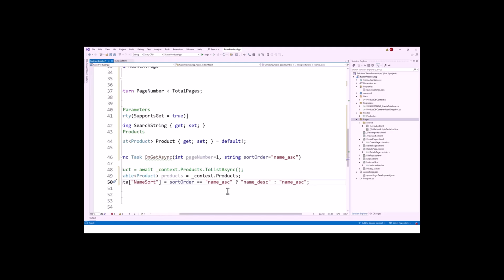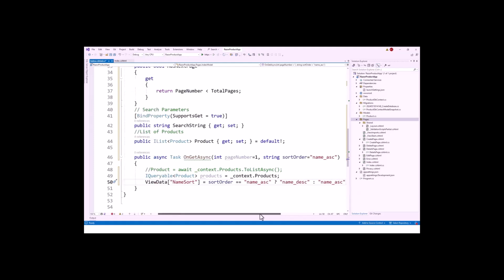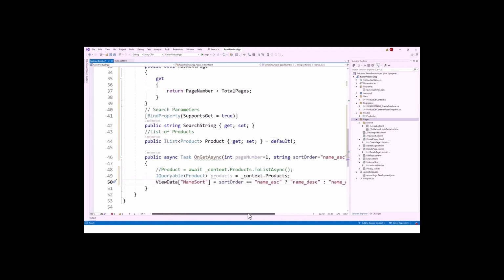async, name underscore ascending, then it will become descending. Otherwise, if it is descending, then it is name ascending, because it will just toggle. View data name sort will toggle from ascending to descending, and similarly now